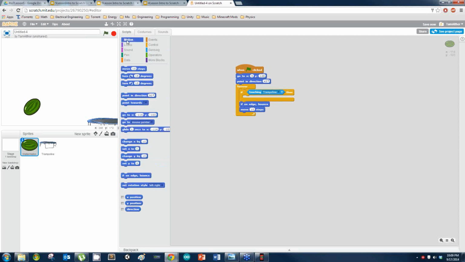First, we have to tell it to stop doing that, because when it hits the trampoline, we want it to interact in a different way. So I'm going to go to motion,